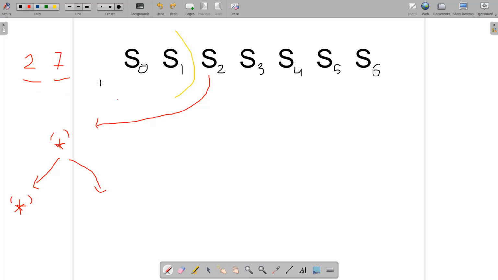If you talk about the number of ways, you can see that if we fix 1 over the first position, this position varies and there are 9 possible ways. Now if we fix the second position, and this position varies from 1 to 6, up to 26, there are 6 more possible ways. So what is the total number of possible ways of this whole permutation? It is 15. So if S2 is also a star and S3 is also a star, there are 15 ways. And what is the number of ways to reach up to this position? Because I'm partitioning over here, 15 times dp of I minus 2.